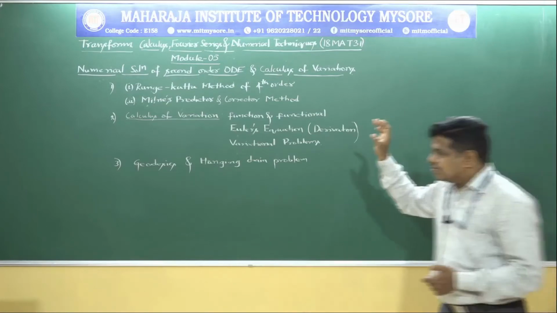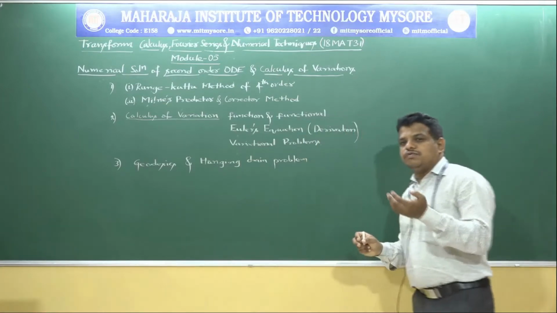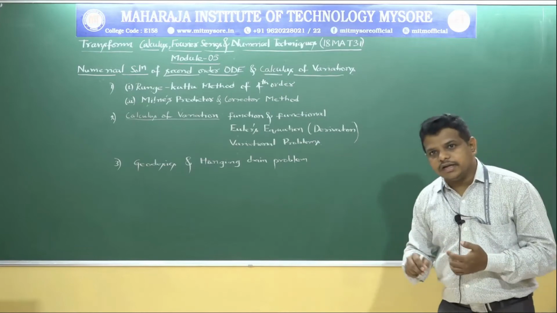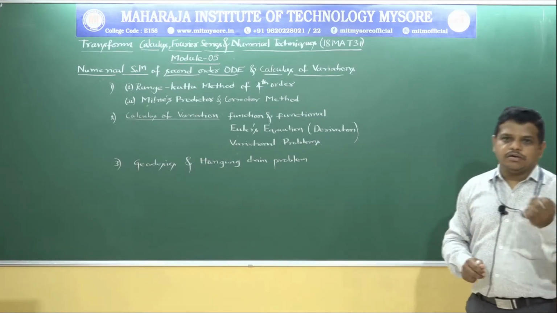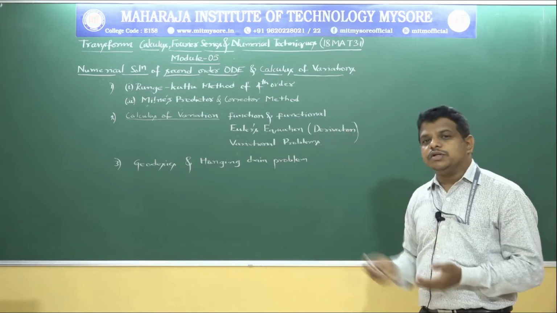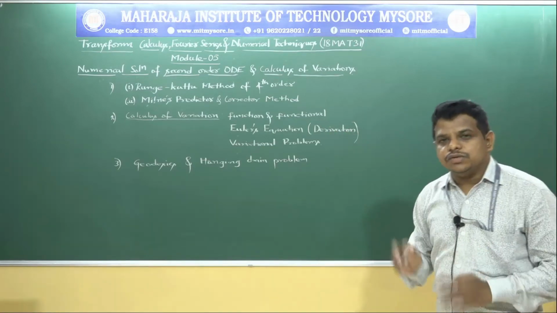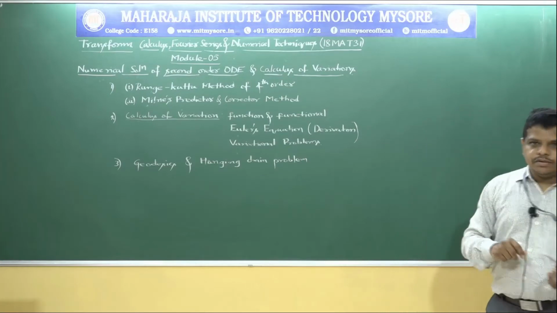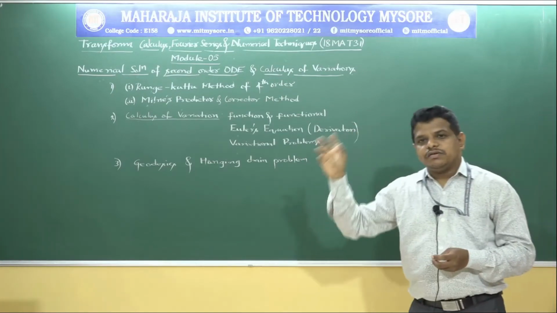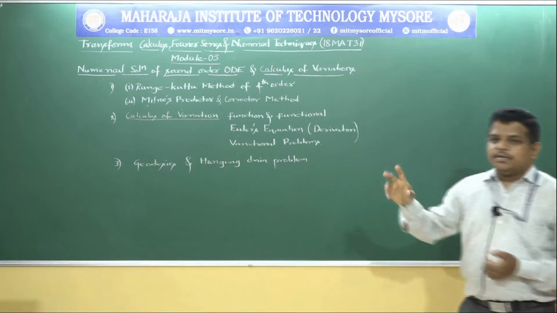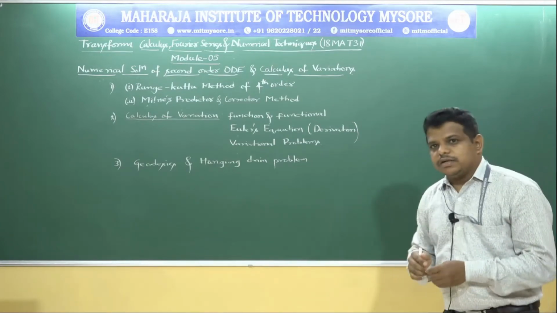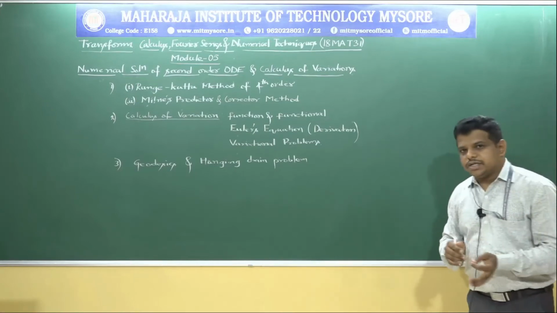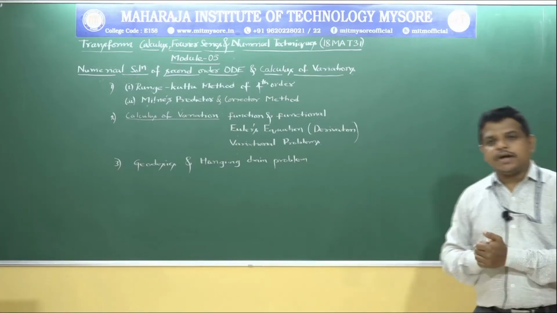Another application is that systems of equations, linear and non-linear, cannot always be solved directly. In such cases, we can use Gauss elimination method, Gauss-Jordan method, Gauss-Seidel method, which come under numerical methods, in order to find the unknowns in that system of equations. Numerical solution of first order and first degree differential equations can be used to find velocity. The next application of numerical methods is to find the velocity, acceleration and extreme values of a particle.